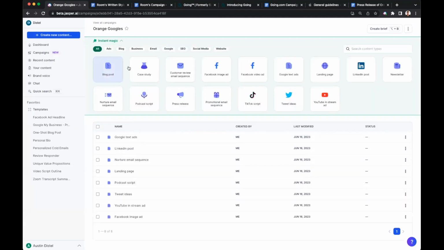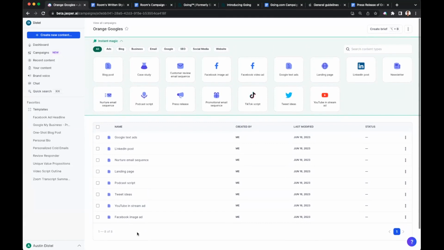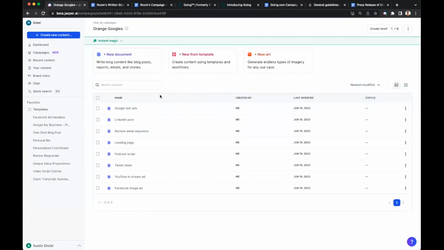All right, great. So again, you can use instant magic to generate more ideas. This was not based off of a campaign brief. We just remixed the press release. So depending on where you are in your campaigns right now, whether you're prepping for them or you're getting ready to review the last ones to prep the next one, you can use all these different features of campaigns. With that,